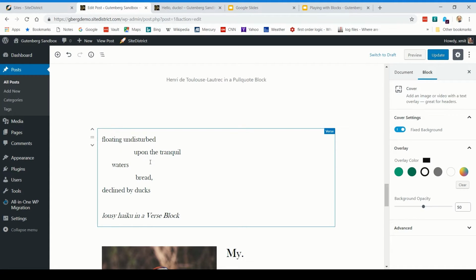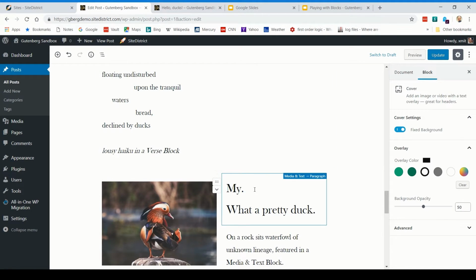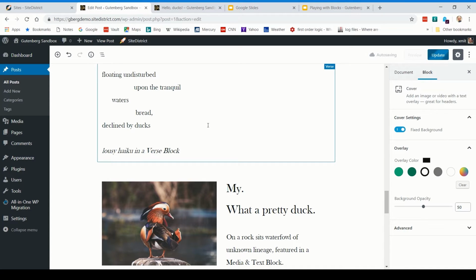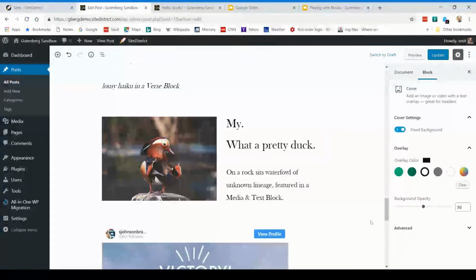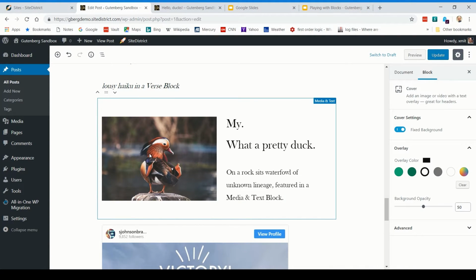Just a bunch of spaces and silliness like that. But, you know, try to be all artsy with my duck haiku. So you can put 27 spaces and it stays so. Yeah, I'm assuming it throws out a whole bunch of non-breaking spaces in. But, yes. Now, if you want to do text and image next to each other, you don't have to use